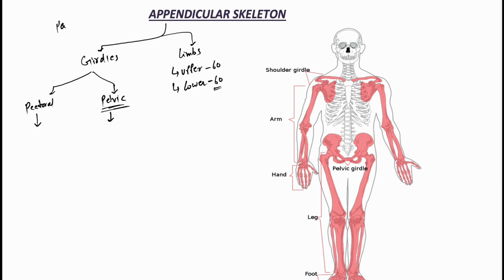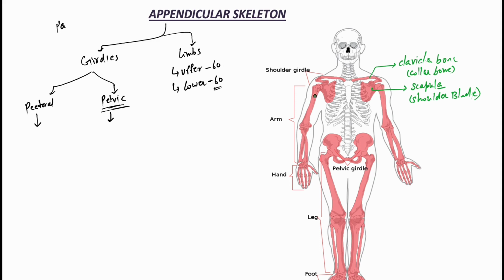Then we can see in the diagram here. Which bone is this? We have the clavicle bone here, or we can say this is our collar bone. And posteriorly, behind it, we have the scapula, which we call the shoulder blade. So remember, we can call these the shoulder girdles.